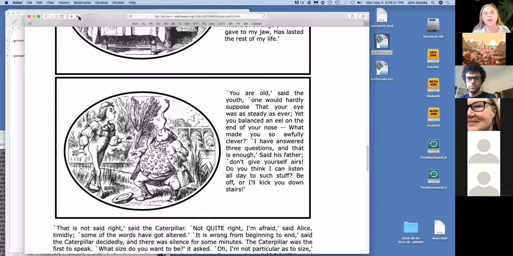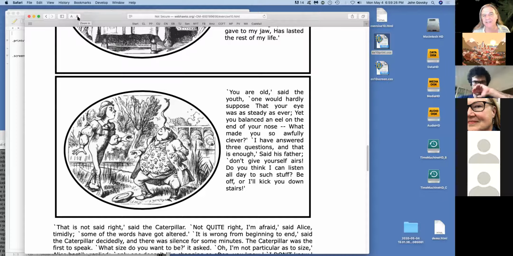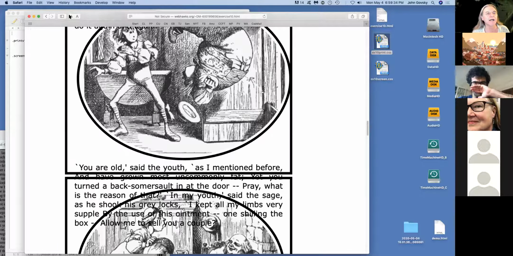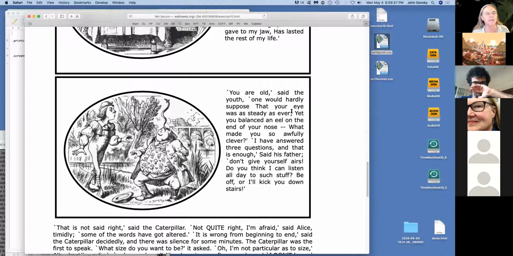See, the problem is users can do what I just did, and they can say, "Oh, wow, I can't read that. I'm going to bump up the text," and then they kind of blow your layout. We're not going to get into the finer points of that right now, but when things get too narrow, browser behavior is going to be important, and some browsers will do different things. So you want to do a little testing.